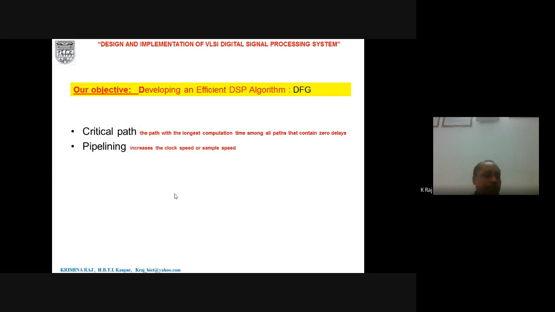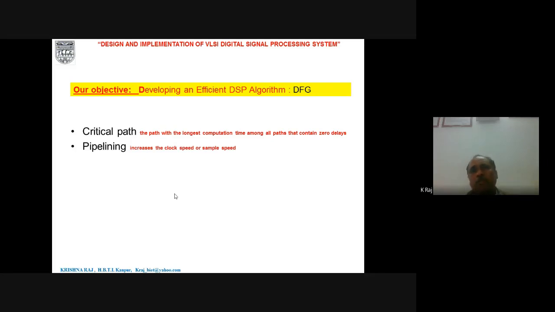Now if we are using the data flow graph, then the same algorithm can be represented using the data flow graph, and after representing it, we have to decide what the critical path of that particular algorithm will be. And what is the critical path? Critical path is the longest path between the input and output if there is no delay between these two, or it is the longest path between the input and the first delay, which are the energy storing devices, or it is the longest path between any two consecutive energy storing devices, or it may be the longest path from an energy storing device to the output.